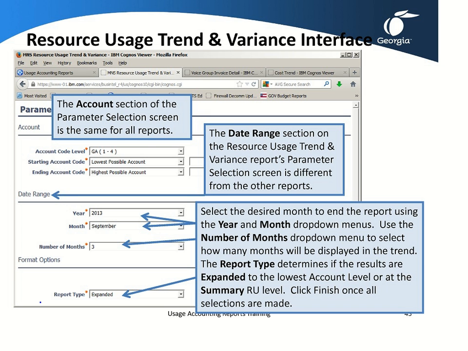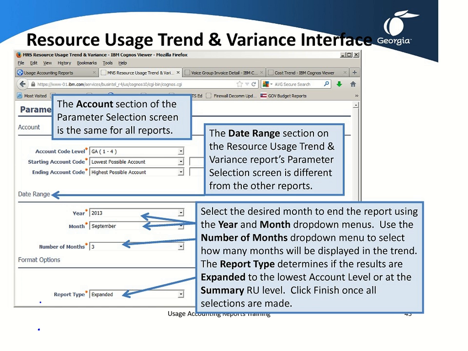In the number of months, you can choose 2, 3, 4, 6, and 13. If I was to choose 13, I would see a report that showed me September 2012, monthly, through September 2013. In this example, I'm choosing 3 months. So that'll show me